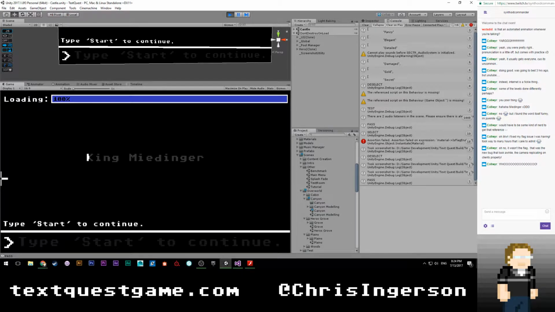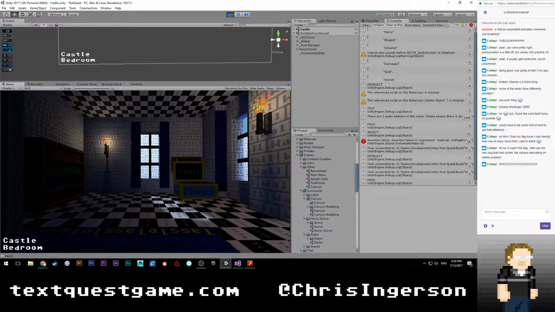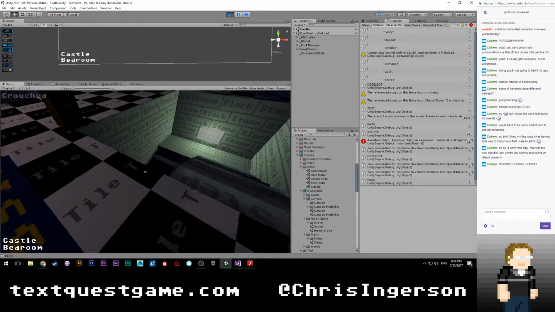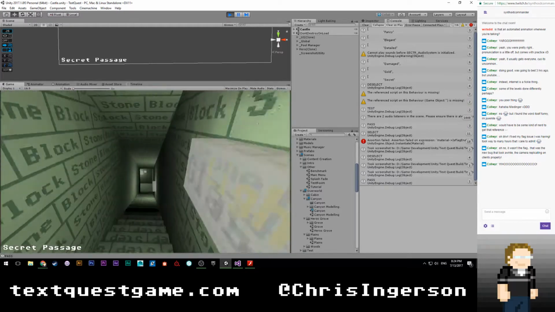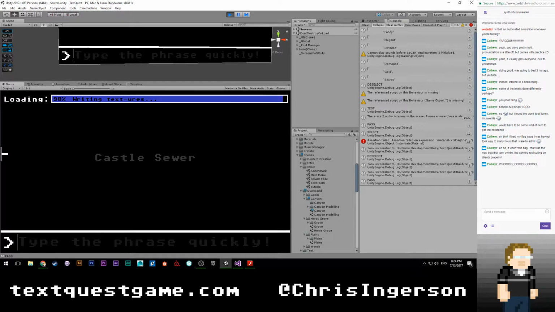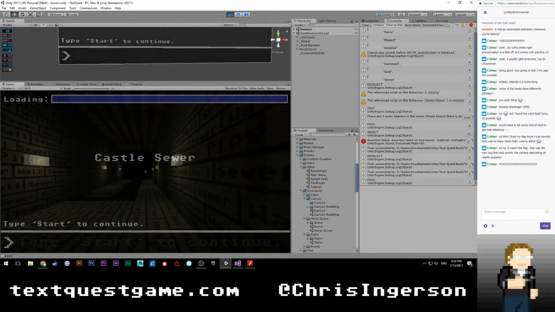I typed start, and it didn't go. Interesting. Oh, you know what? I bet it was the other thing that I need to fix. I almost completely forgot about this one. Does it still say it? Oh, no, it doesn't. Oh, but it does there. Okay. So I've got some other minor problems to fix here.